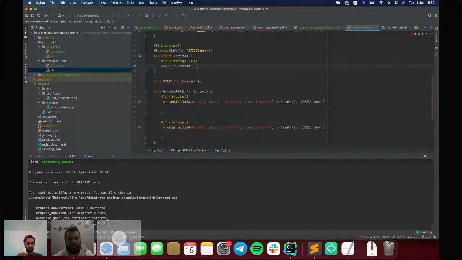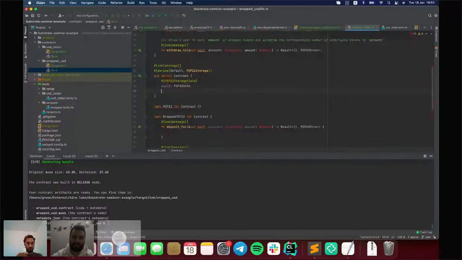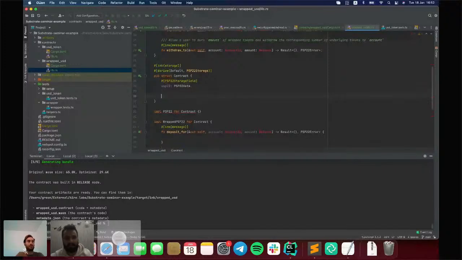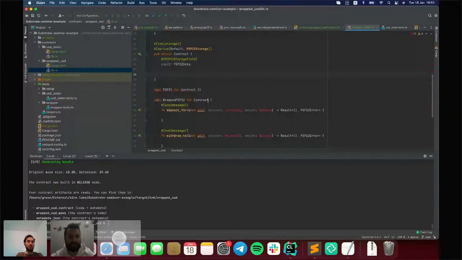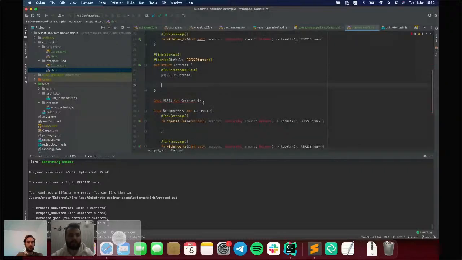Oh, okay. We forgot to define one additional field. The idea of our wrapped PSP22 token is that we will interact with another PSP22 token. So our contract will hold tokens of another PSP22 contract, and will provide users with other wrapped tokens.